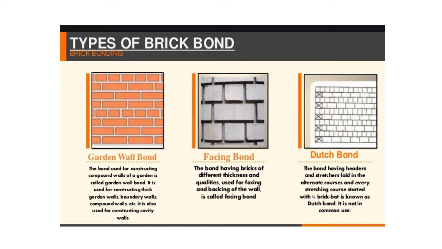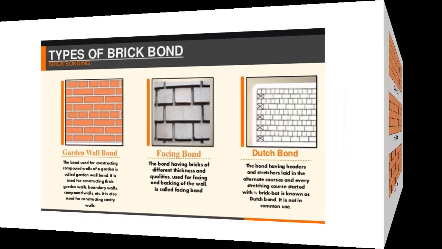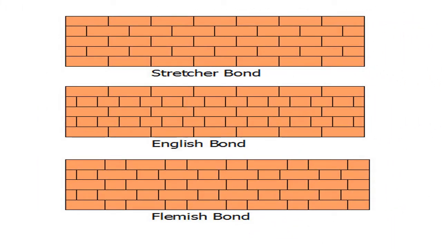As the name itself implies, header bond is formed by utilizing the header face of the brick. The header is the shorter square face of the brick as seen in the elevation. Header bond is similar to the stretcher bond except that the header is exposed. Also, unlike the stretcher bond, header bond is used for walls with full brick thickness. Header bond is also sometimes referred to as the heading bond.